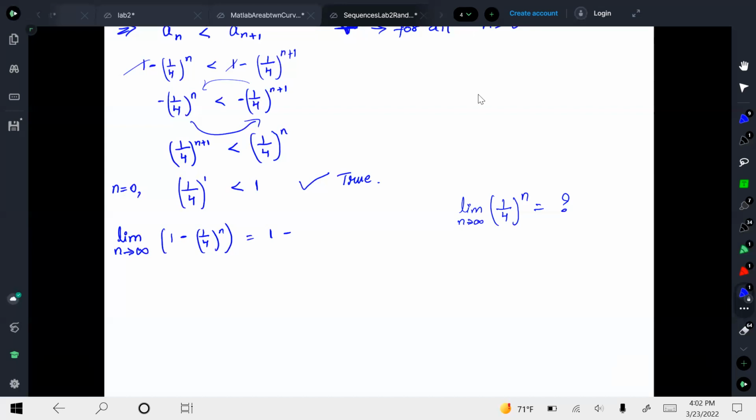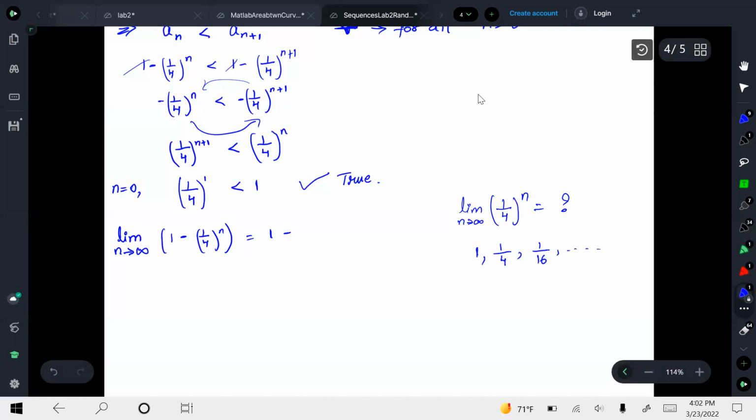No, it is not negative infinity. Okay. So let us start from n equal to 0. For n equal to 0, the sequence is 1, right? And for n equal to 1, the sequence is 1 by 4. And for n equal to 2, it will be 1 by 16 because 4 squared is 16. If you keep on doing it, you get a large number in the denominator,